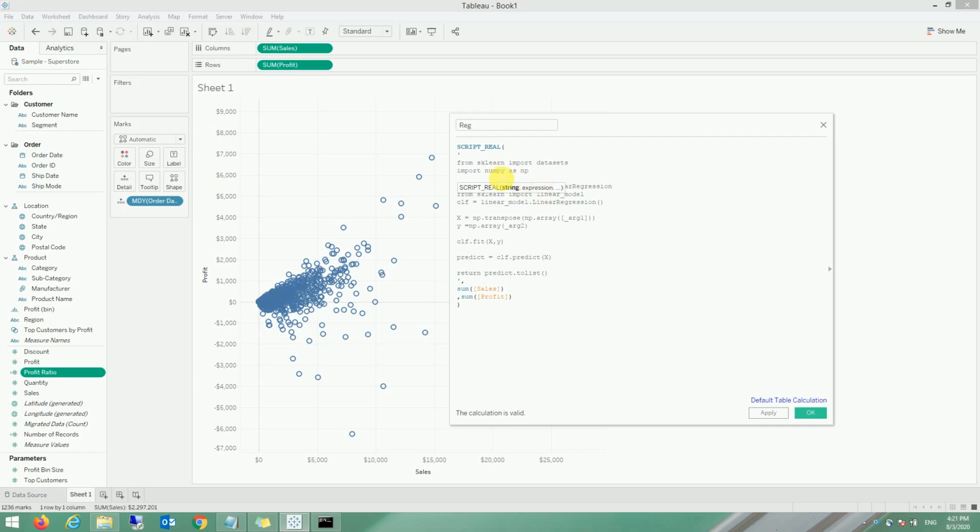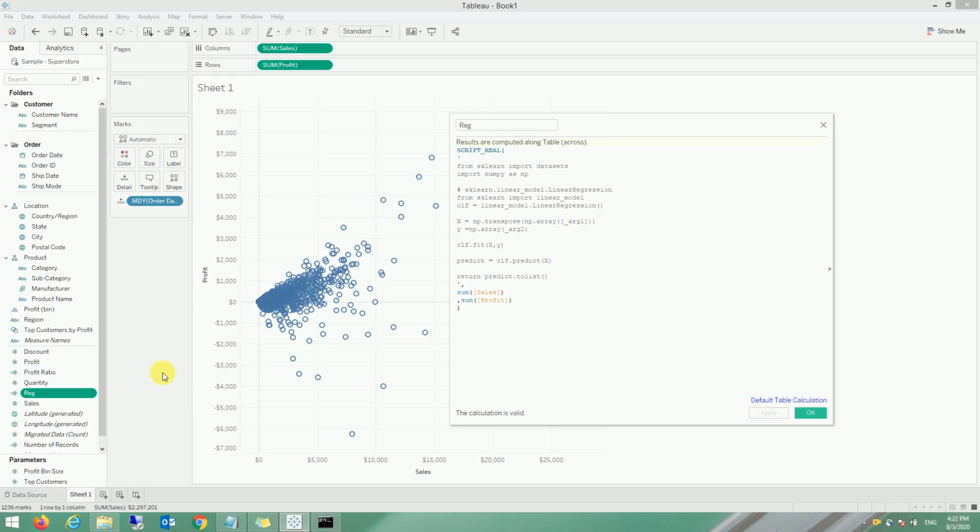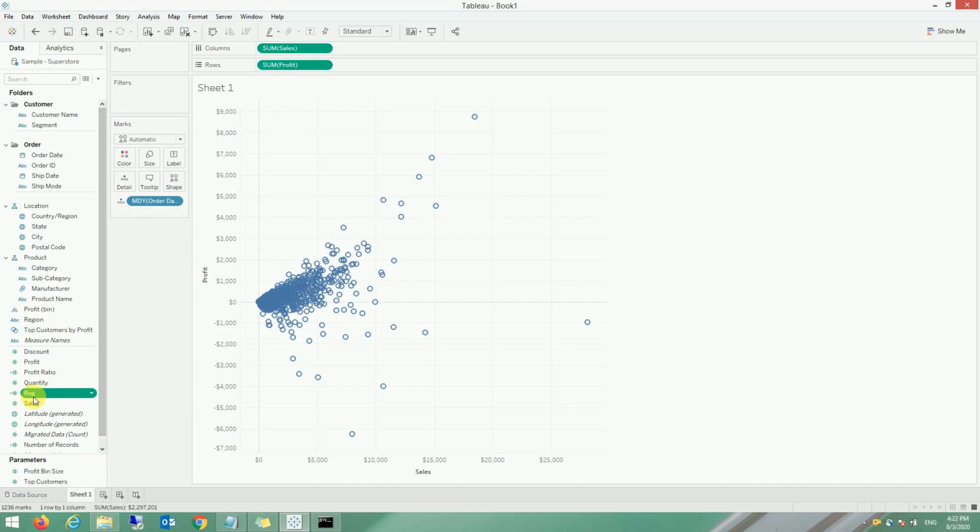And from NumPy, another library, we are using it to calculate the array, and we will use sales and profit. So this is a very simple formula for calling the linear regression from Python. That's it, and then we'll say apply. After this we will drag this newly calculated field into the rows shelf.